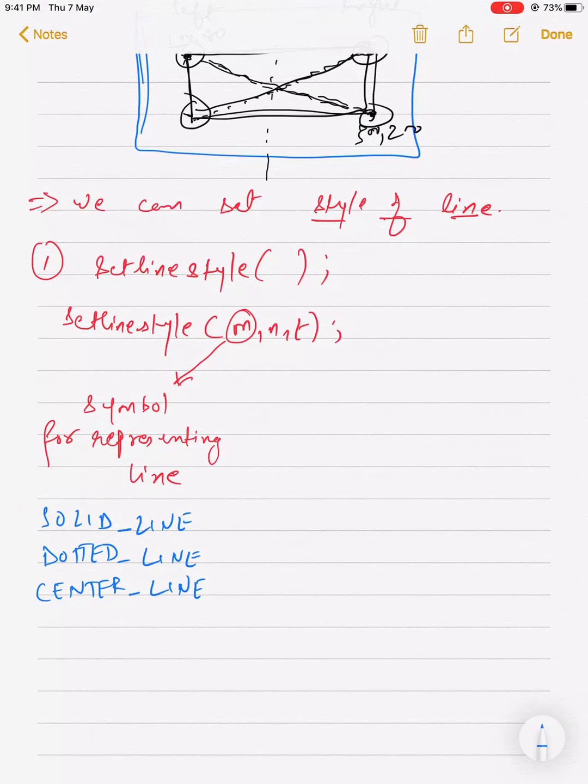Solid underscore line, center underscore line, dotted underscore line. If I want to show a dashed line, I write DASHED_LINE.